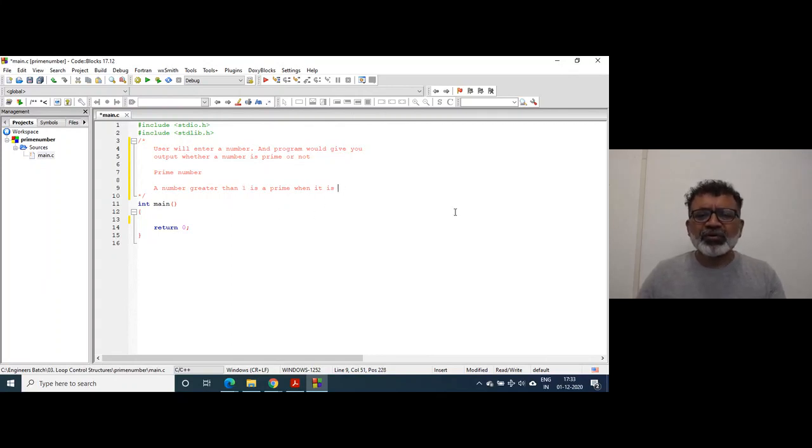I don't remember the exact mathematical definition of that, but there is no question of 1 being a prime number or not. A number greater than 1 is a prime when it is divisible only by that number itself, and 1. Right? Then it is a prime number.